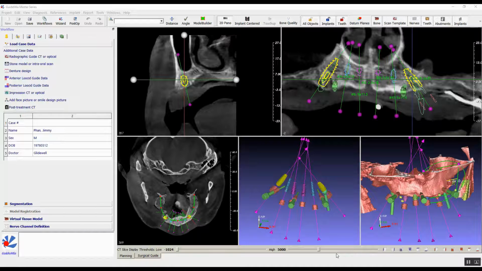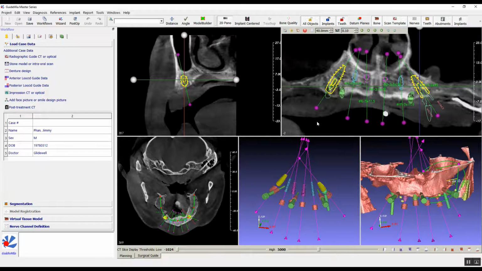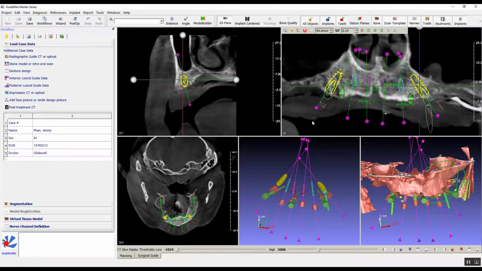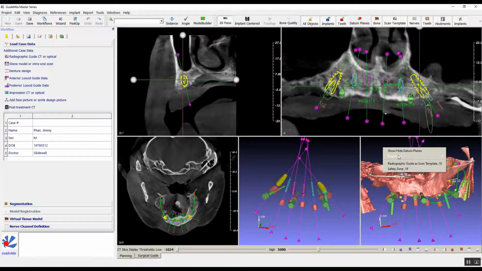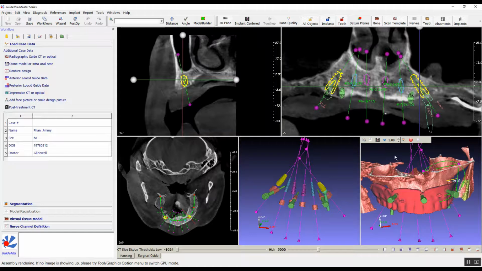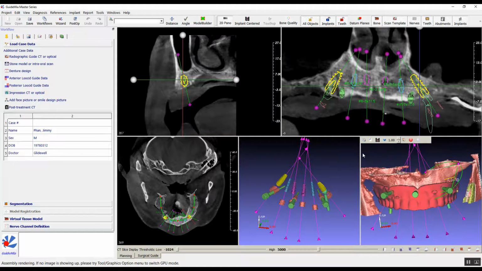Hello, in this demo, we're going to design a bone reduction guide, a surgical guide, and a prosthesis guide for a 4-on-6 case. This is a regular 4-arch case. We have placed 6 implants and 3 anchor pins, and we have loaded the radiographic guide and registered it with the patient CT